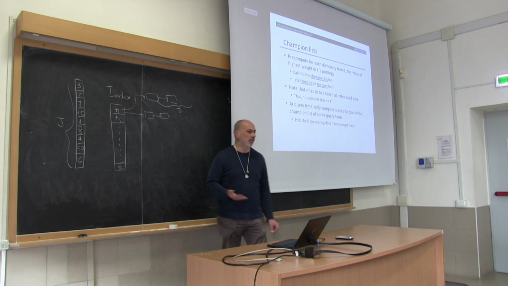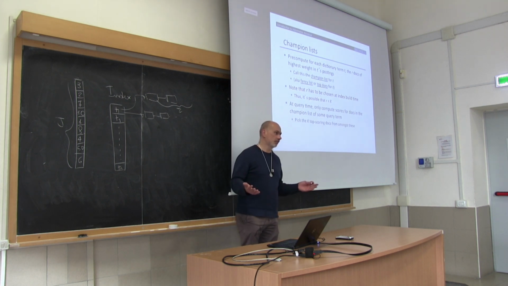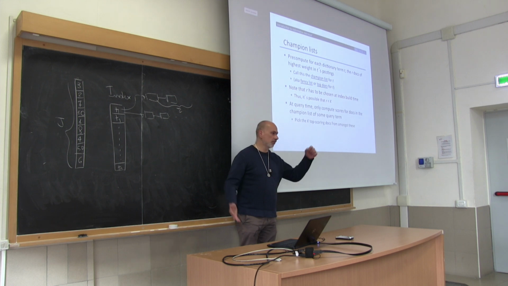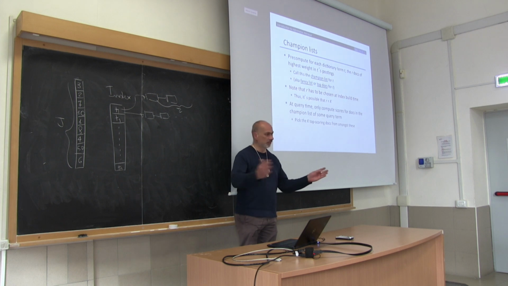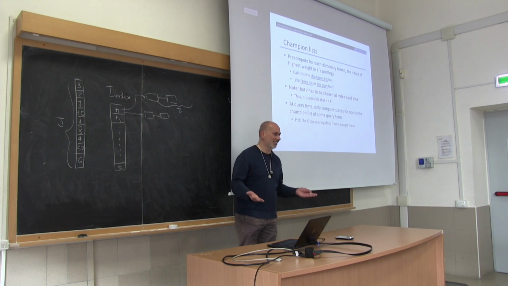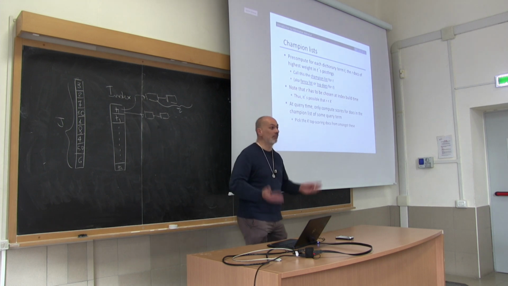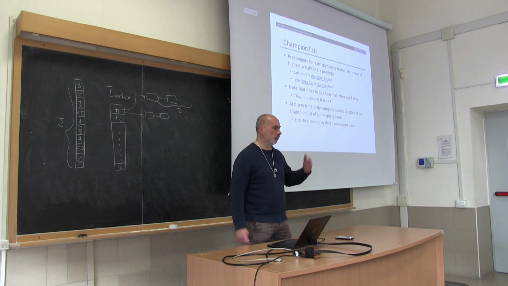In particular, it is one of those cases in which you have a trade-off. The larger R, the better: the chance of not being able to return K documents decreases. On the other hand, the less useful it is to have a champion list if R is very large. So you have to trade off. How do you work? You do an experimental study. You submit, I don't know, 1,000, 10,000 queries. Perhaps not quite random: typical queries, most frequent queries. And you check how your system is going to perform with a given value of R. And you tune R in this way. Okay?